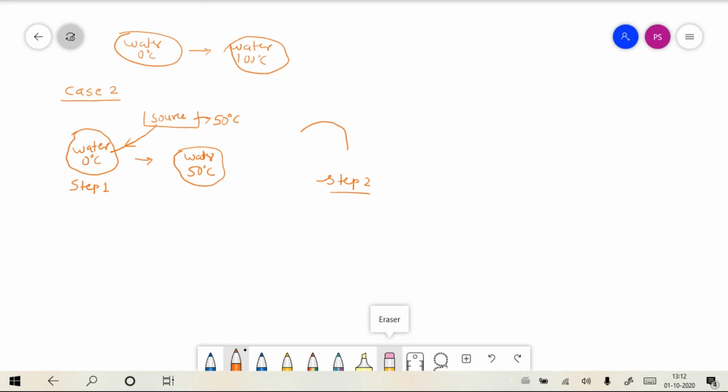Then in step 2, I will take this water which is at 50 degrees centigrade and bring it in contact with the source, but now the source is at 100 degrees centigrade. So what was case 1? Case 1 was that you brought the water in contact with the source at 100 degrees centigrade. So case 1 was a one step heat addition,